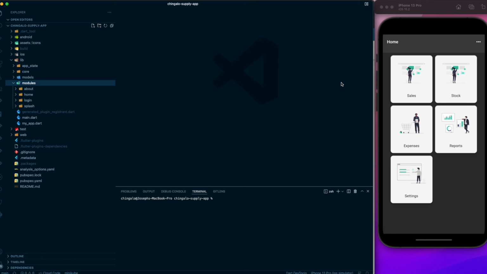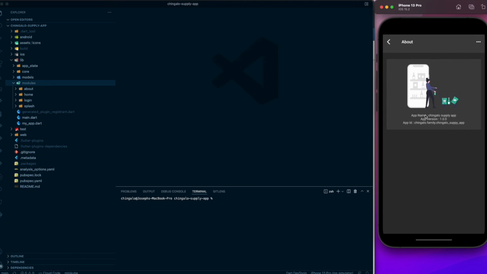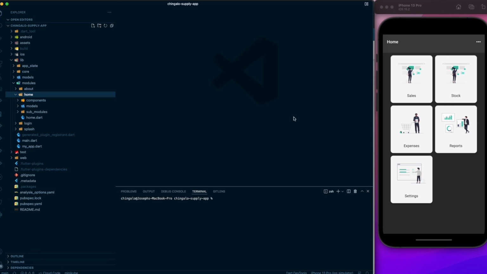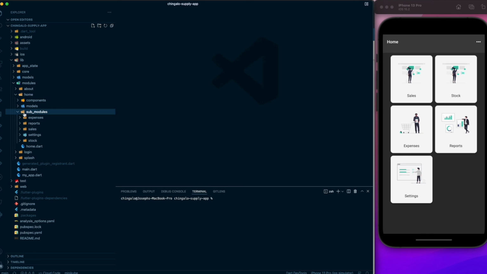The about module, if you go here, gives a little bit of information about the app. So it's more of a module. All the modules will be found here. The home one corresponds to this page, which is the currently running page for a given account. It has some component modules, so each module can have sub-modules and components like in core but specific to a given module, and can have sub-modules like all these, which I call modules. As you can see, it's expenses,